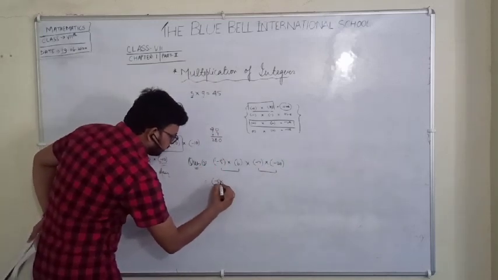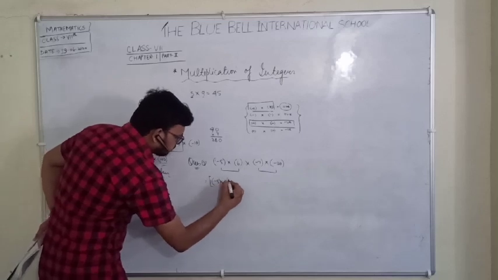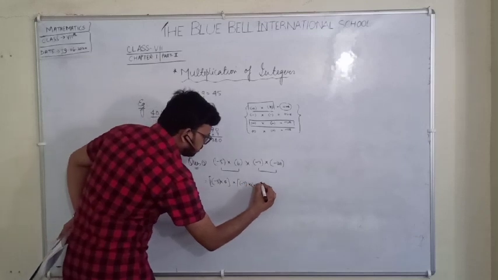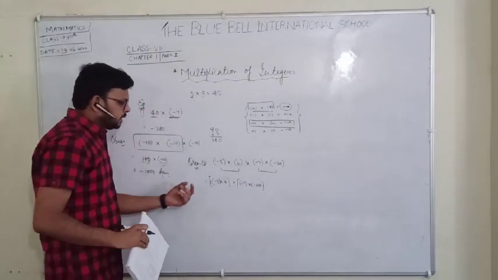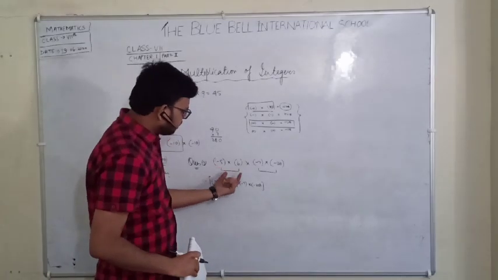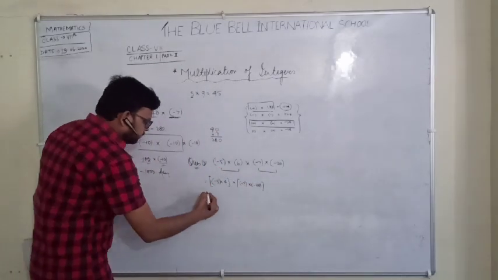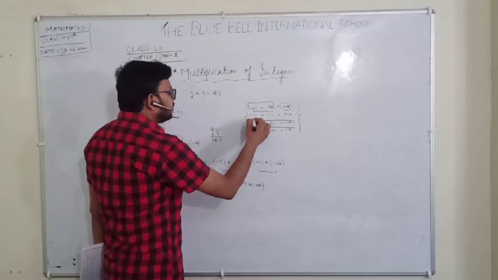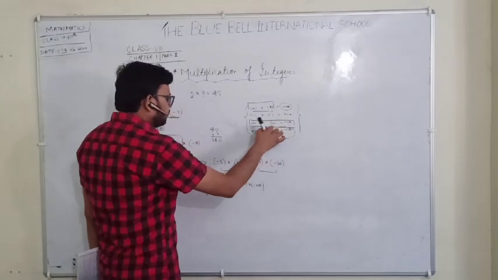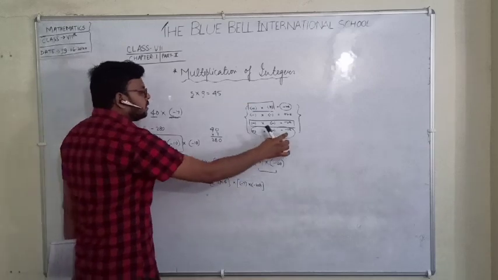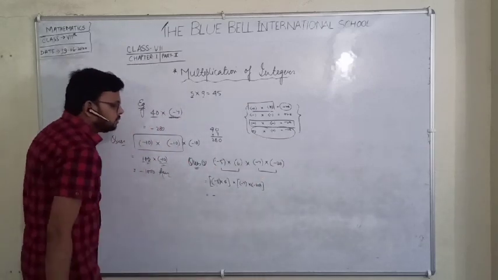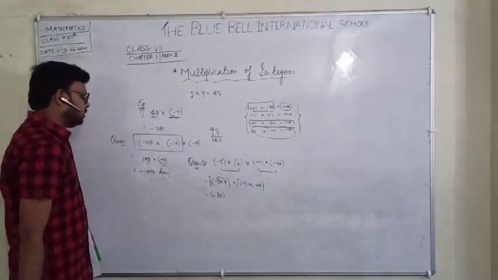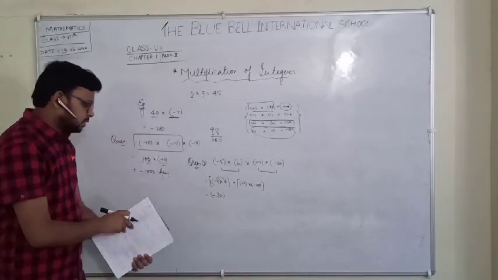-5 multiplied with 6 multiplied with -7 into -20. In the first step, you have to make pairs. In the first pair there are 2 numbers. The first number is negative and the second number is positive. Then the answer will be negative. And what is the value? 5 sixes are 30. Since it is a negative number, we will enclose it in the bracket.